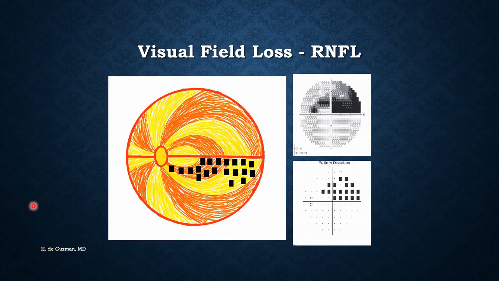Since it's often difficult to see RNFL loss, we look for more obvious signs of damage at the optic nerve head because these RNFL fibers all extend to the optic nerve and beyond. So how would we know what part of the disc to scrutinize? The way to do it is to follow the bundle's path as it enters the optic nerve head. So in this example, we would look for the corresponding structural defect at the inferior temporal neuroretinal rim.